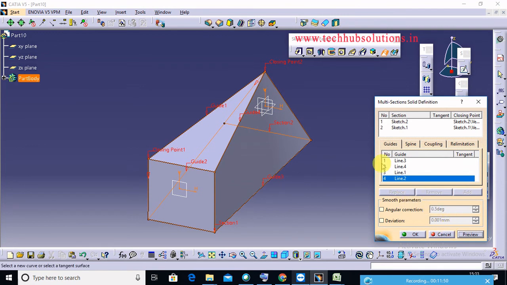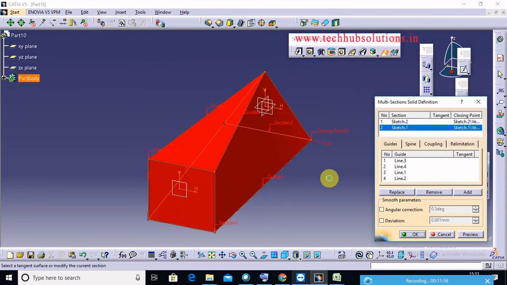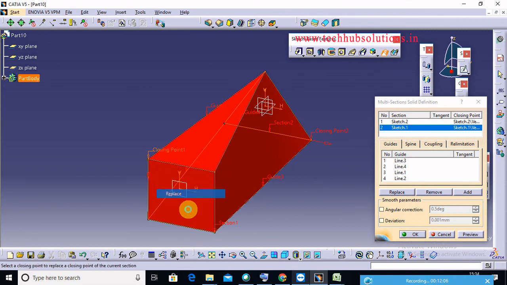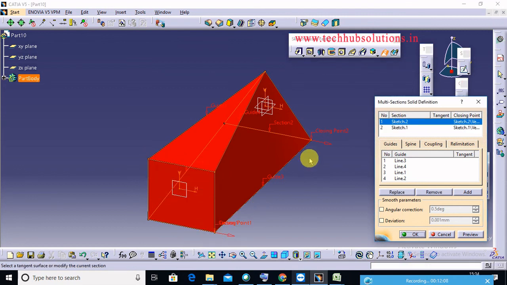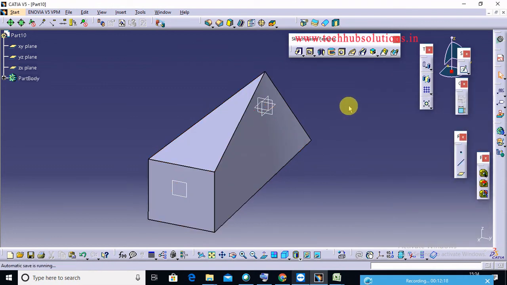So now if you change closing point here, just right click on the closing point and replace and select this point. So now this becomes red, red means there is some mistake here. So now change the closing point of the other one also, replace and choose this one, so that is closing point in same direction. So just click here opposite and click here opposite, then preview, then this one is correct, then okay. So that is the multi-section solid.